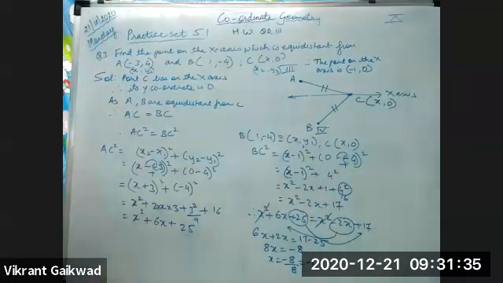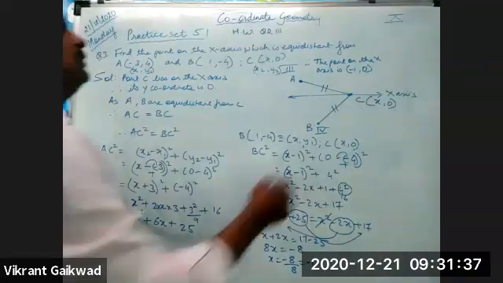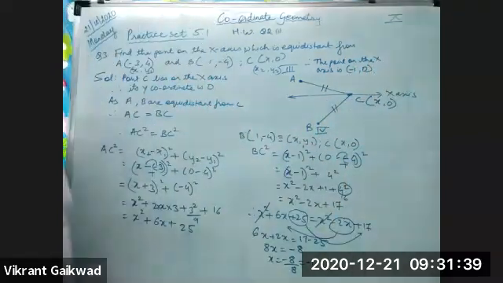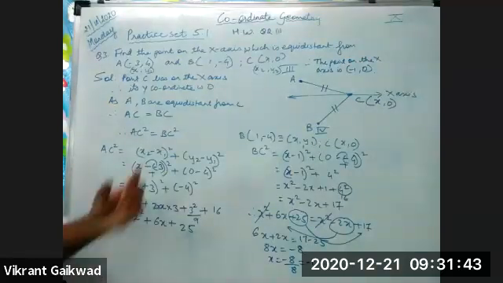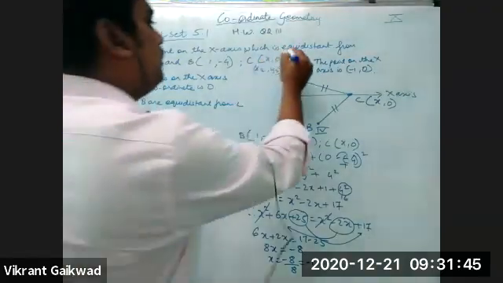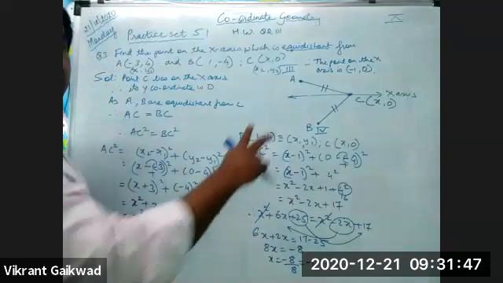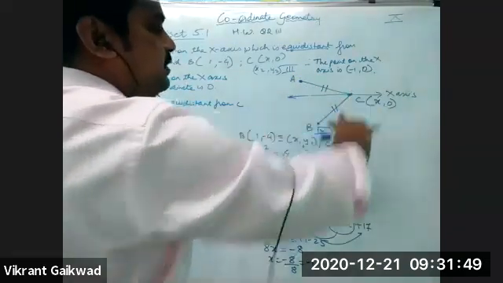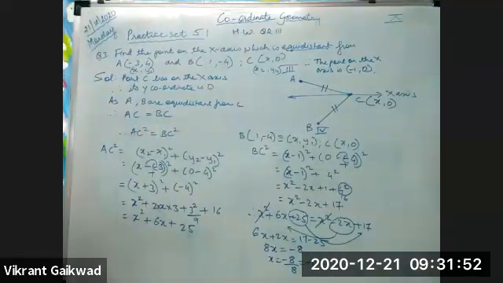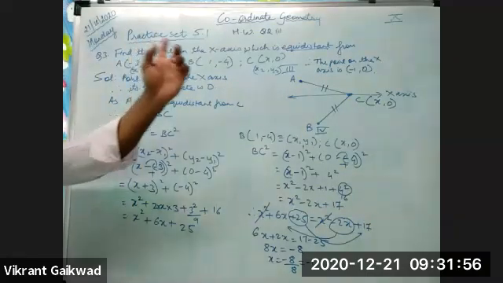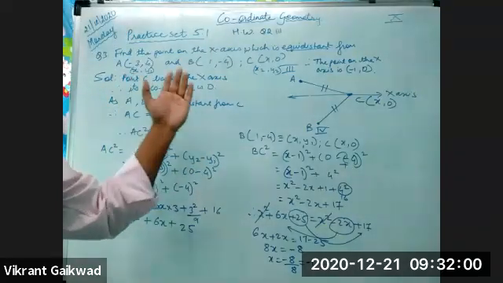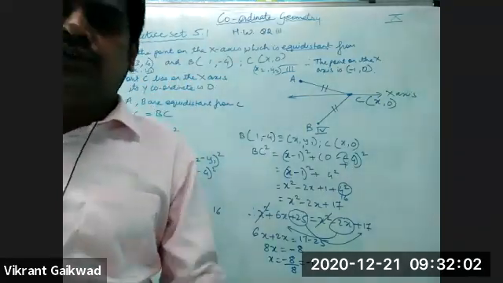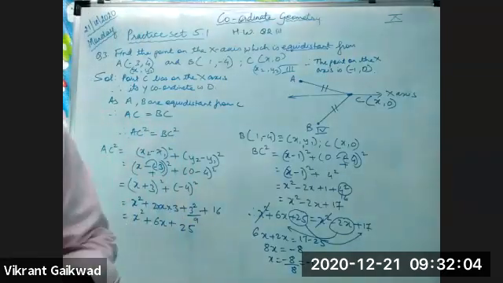Minus 1 comma 0. Is this understood by all the students? Students, have you all understood this? See, the question they have given, it is equidistant. So when it is equidistant, that means both these distances AC and BC are going to be equal. Is this clear to all the students? After that, as the point lies on the x-axis, your y coordinate is going to be 0. Yes, those who are raising their hands can unmute and ask, beta.